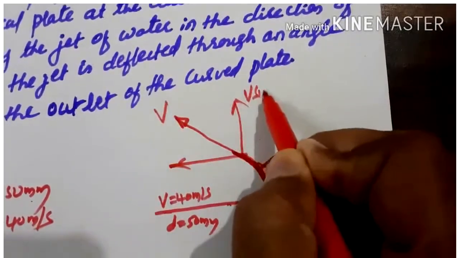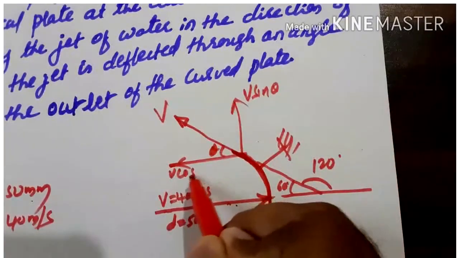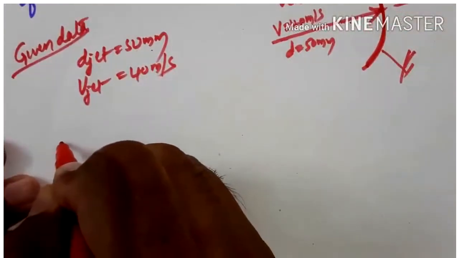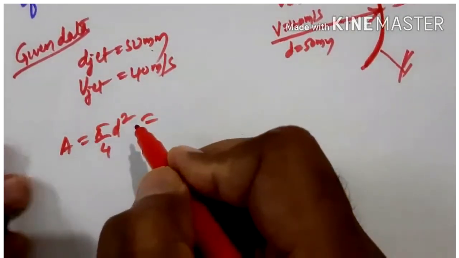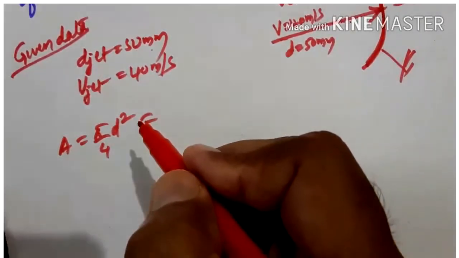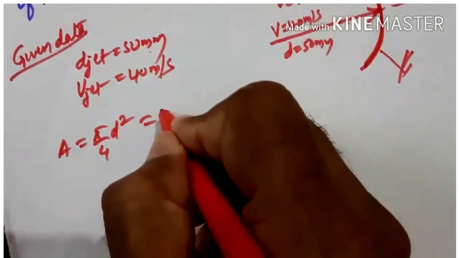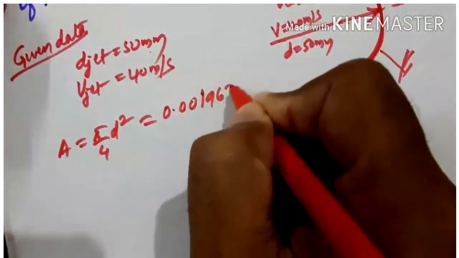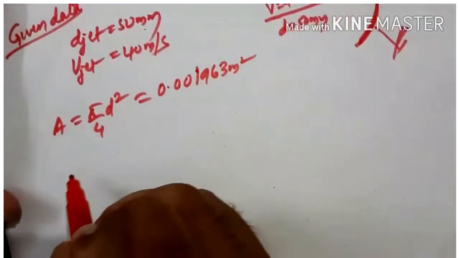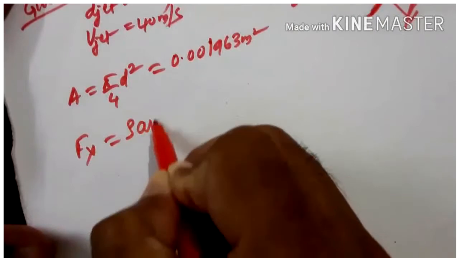We get v sin theta here, if this is also theta, and this is v cos theta. Okay, then with this the area of the jet will be pi by 4 d square. If you substitute the jet diameter here, we get area as 0.001963 meters square. Then the force in x direction, Fx equal to, we know the formula, rho a v square